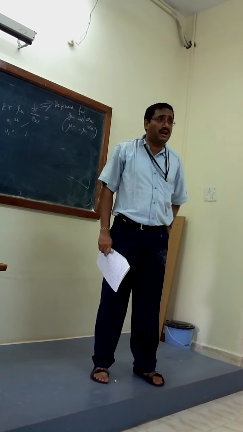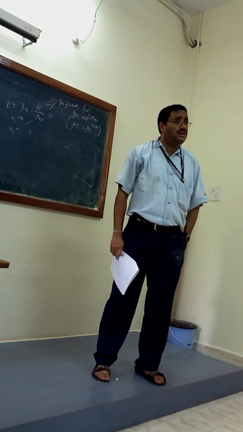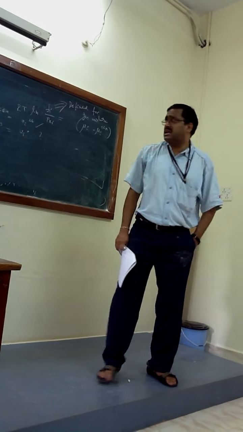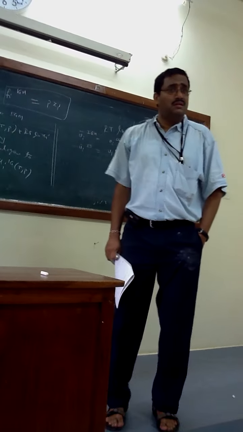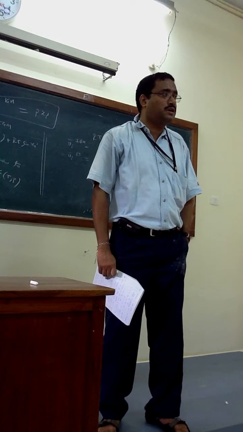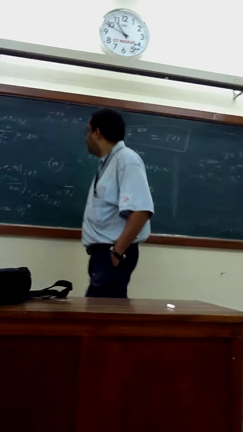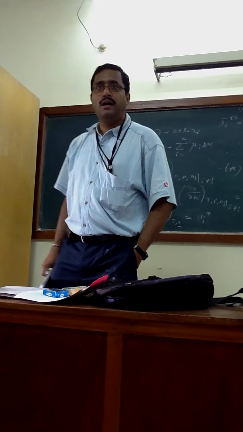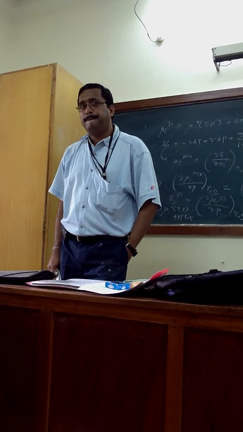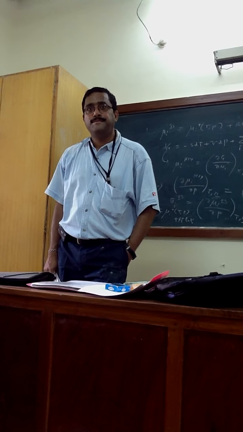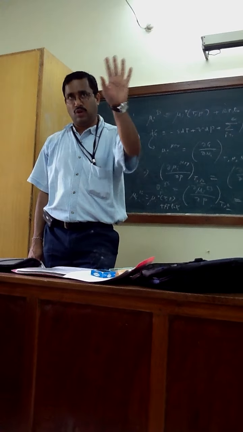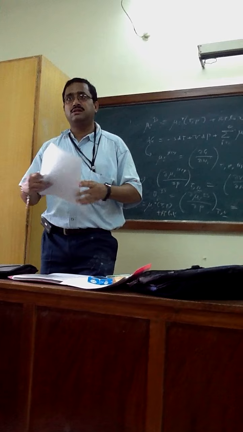Is it S_i star? Am I correct? Then it is not S_i star. So that means if I write something, we will accept it, right? What is the proper form? S_i star, not now. Minus